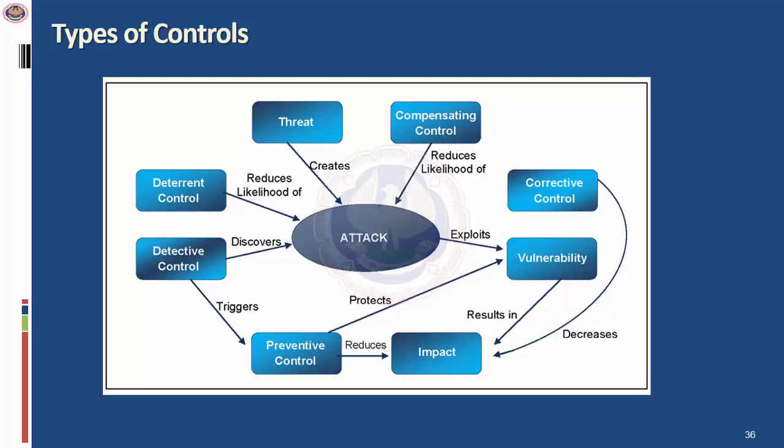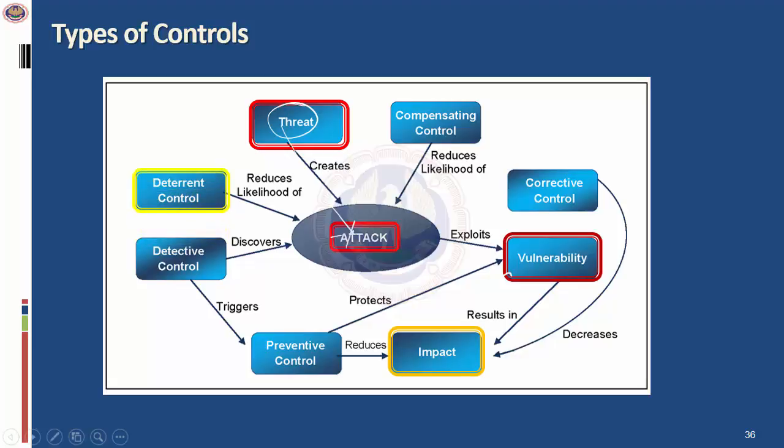Now you have threats, which could lead to the attack, and you have deterrent controls. You have vulnerabilities which could be exploited by the attacker. The vulnerability will result in an impact. Now the first level is the deterrent control. Deterrent control is like having security at the airport. It deters the person from actually attacking. So you'll have preventive controls which also protect against the vulnerabilities, or you may have detective controls. And finally, if it happens, you also have corrective controls.